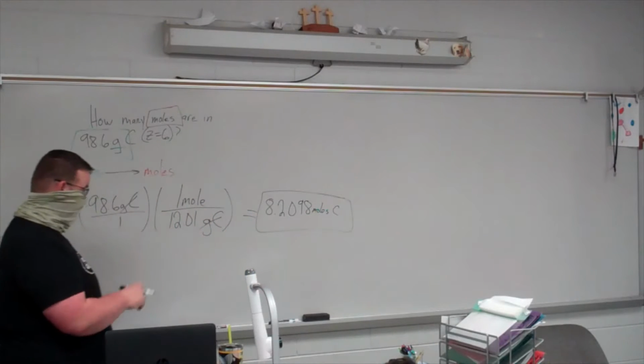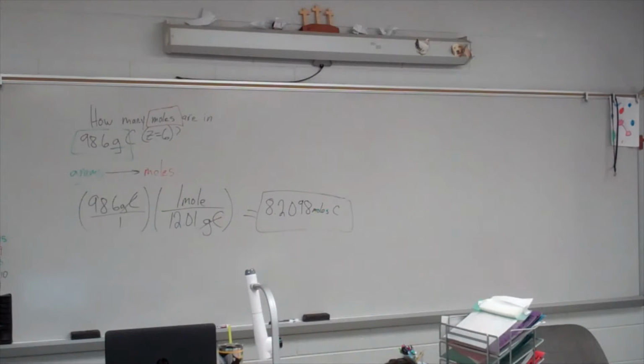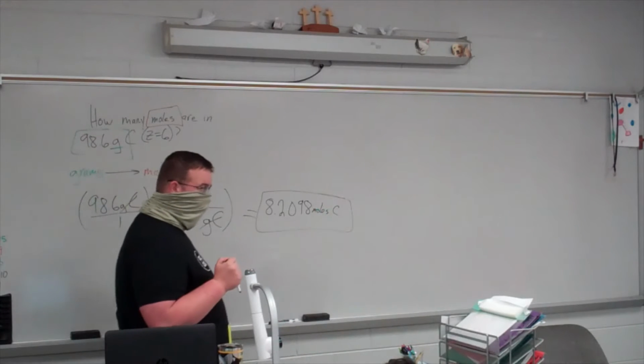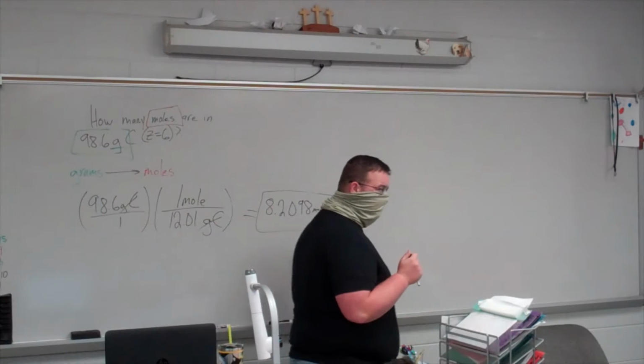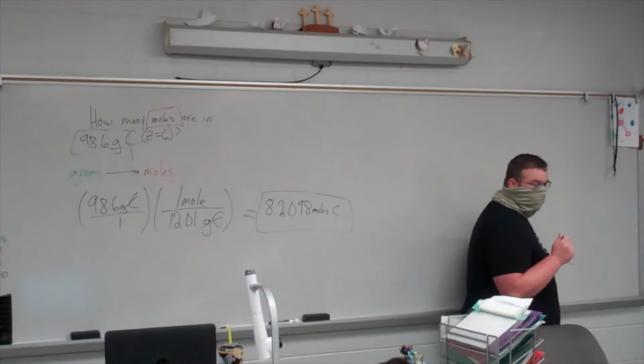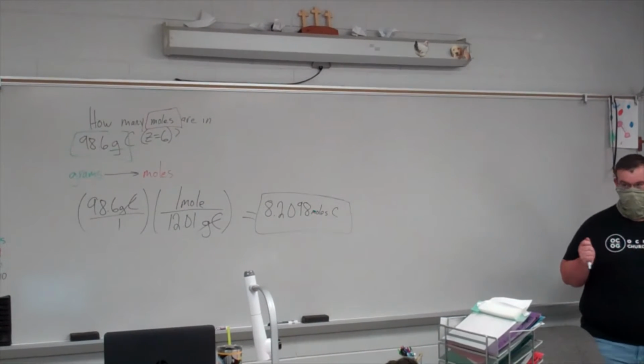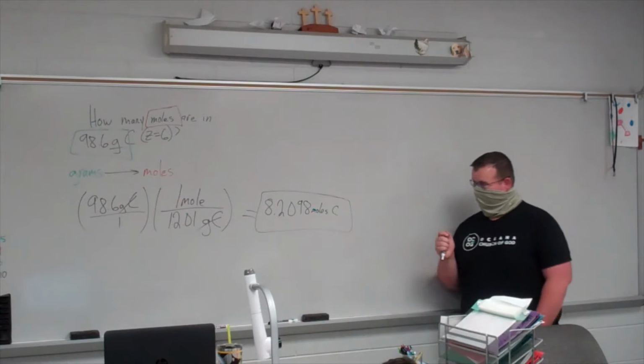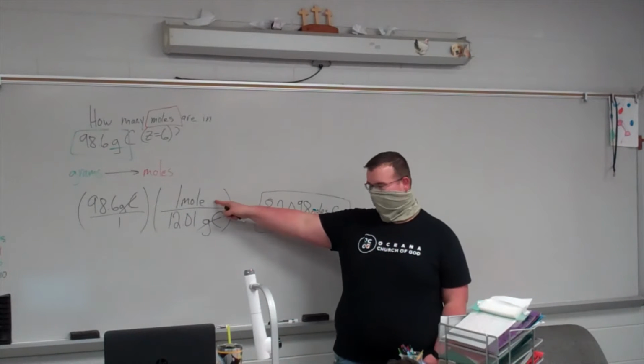So 8.2098 moles of carbon. Questions? Why do we use the atomic mass, the average one, for the second? Because that is the part of the conversion factor: 1 mole of carbon